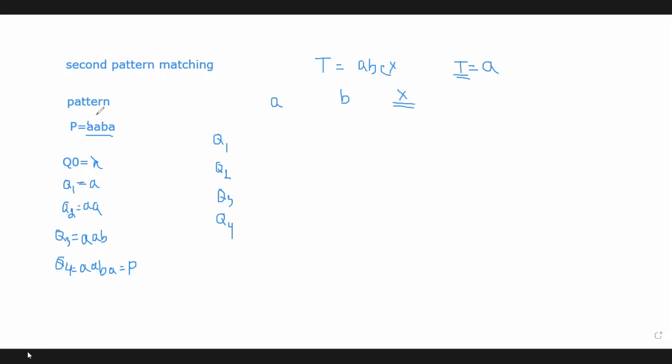In this pattern, we have only two types of character, that is A and B. And we can create the table for three types of characters: one is A, another is B, and another is all the other characters except A and B. Is that clear? Yes, ma'am. Now suppose this is our text, and if we assume the first character of this text is A, then what will happen?